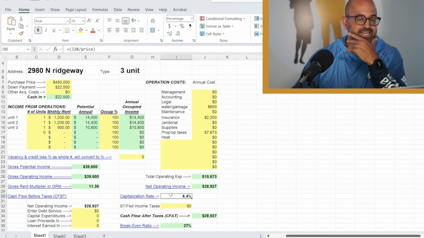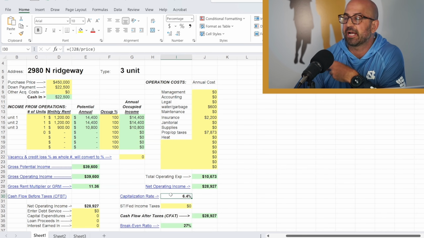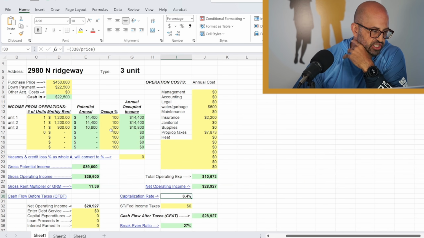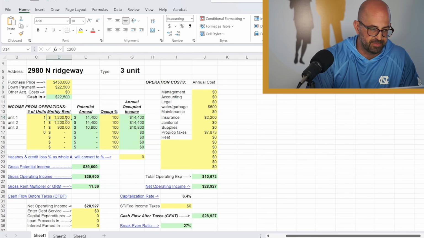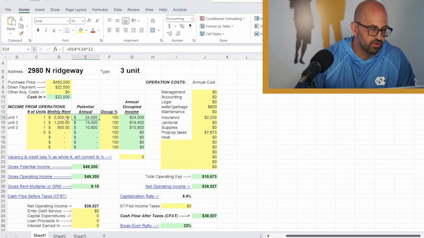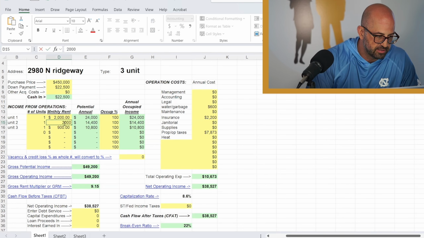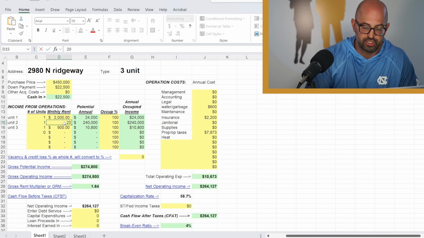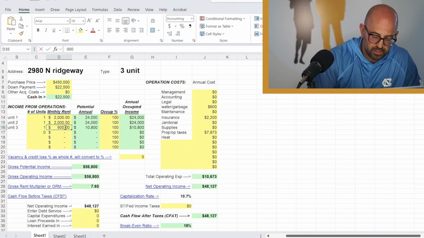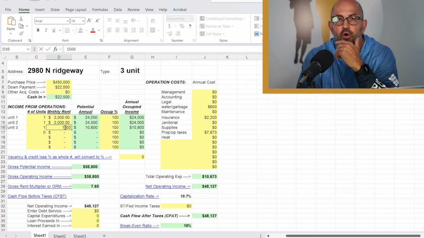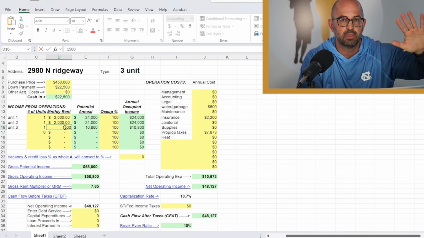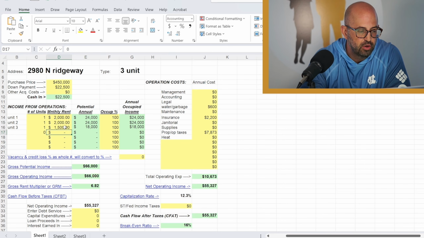But I look at this property and I call my client and say, dude, this property is a minimum $250,000 under market value. And he'll say, well, why? I said, well, look at this sheet on Ridgeway. I know this rent should be $2,000. I know this rent should be $2,000. Oh, that'd be nice. I know that this rent should be $1,500. We buy this property at $450,000. I maybe take a year, but in a year, I get the rents up to where they should be. We are now making